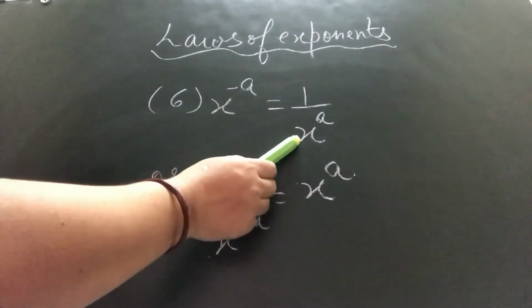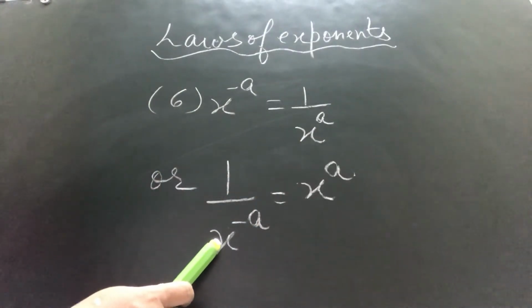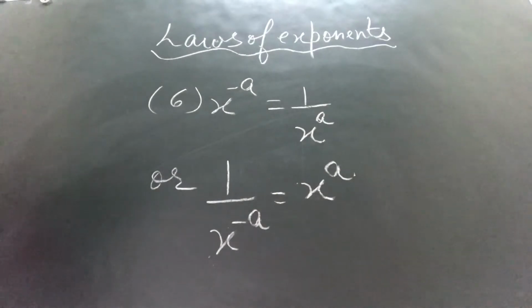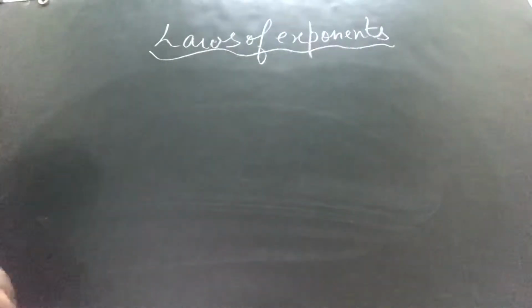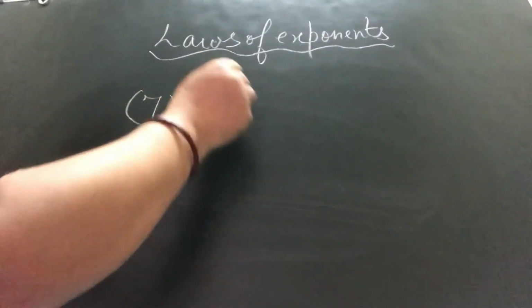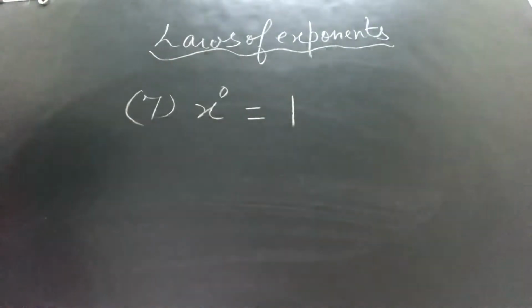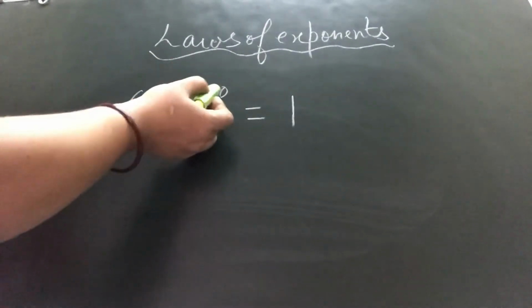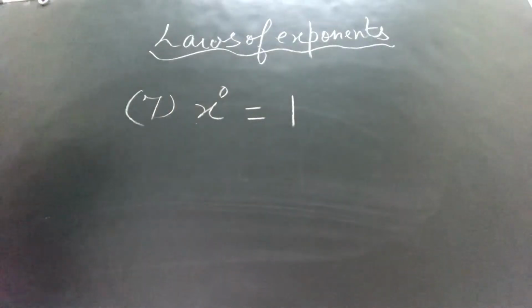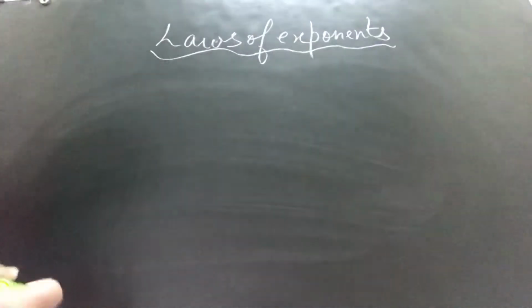न्यूमरेटर में है तो डिनोमिनेटर में ले जाकर आपकी पावर पॉजिटिव होगी, और डिनोमिनेटर में यदि नेगेटिव पावर इज देयर तो आप उसकी न्यूमरेटर में ले जाएंगे, देन द पावर बिकम पॉजिटिव. देन सेवंथ लॉ इज, if we have any number raised to the power 0, then it is always 1. Any base raised to the power 0 is always 1. Now we learn all these exponents step by step, right?